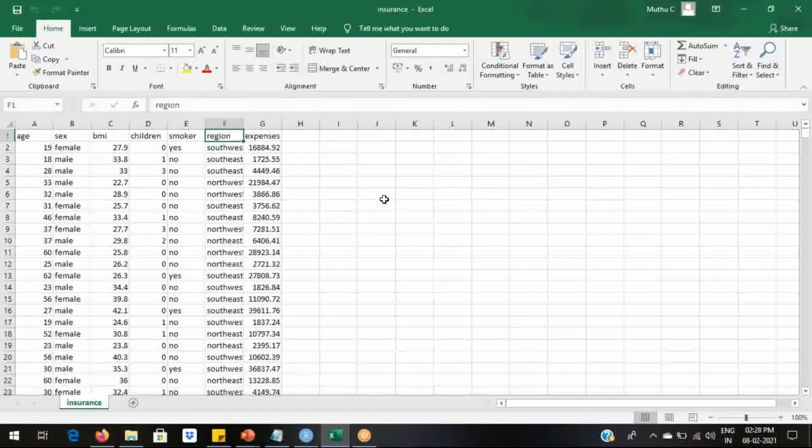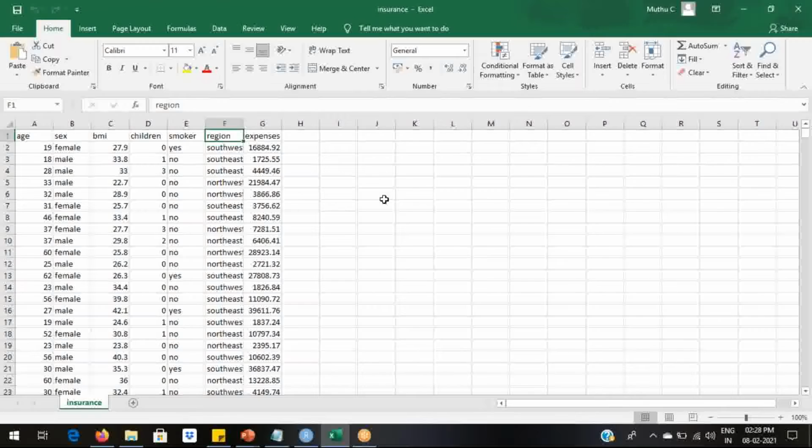Next variable is region. So in this study, we have four values for region: northeast, northwest, southeast, and southwest. For example, let's take India. We can split India into four types based on the region: north, south, east, west.